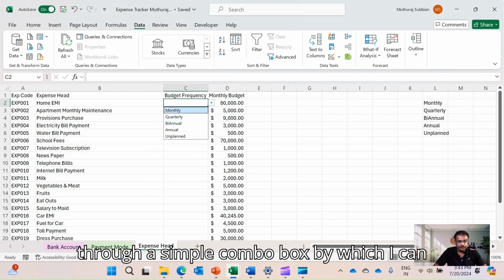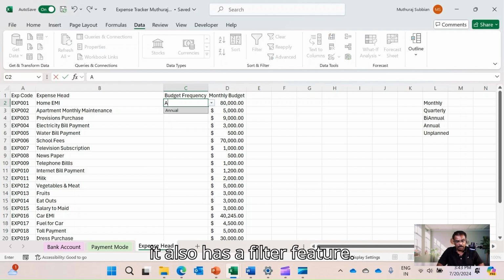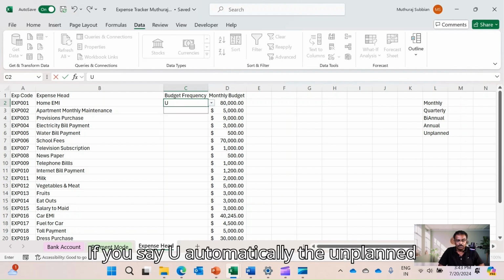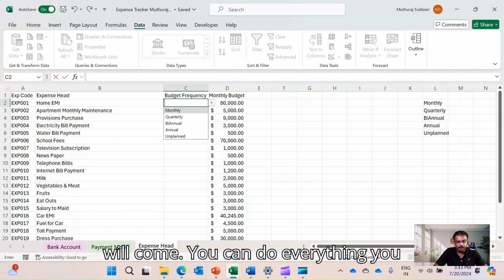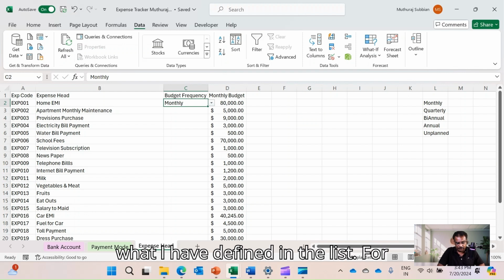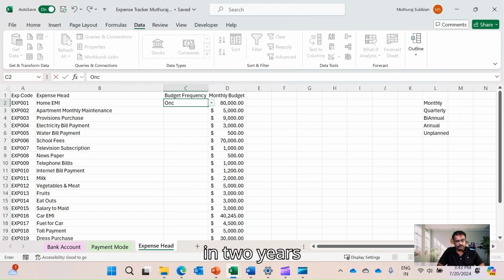Now, if I come here, it automatically provides a choice for me through a simple combo box by which I can select whatever I want. It also has a filter feature. Type M, automatically the monthly will come. If we say U, automatically the unplanned will come. You can do everything you want. If I am typing anything other than what I have defined in the list, for example, I say once in 2 years,